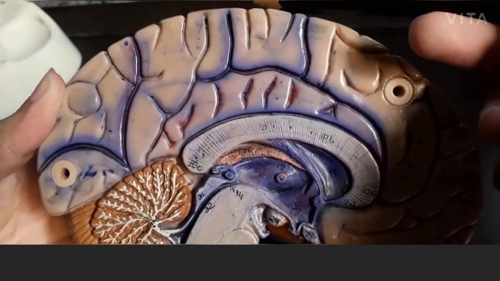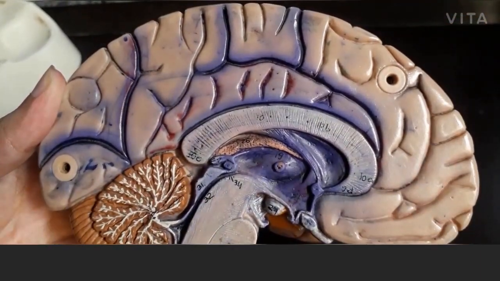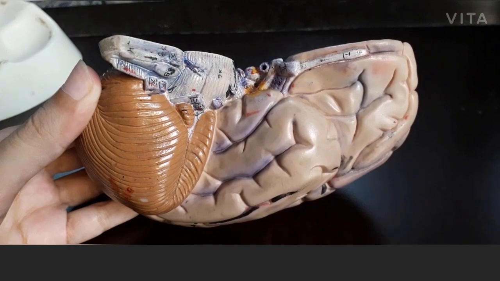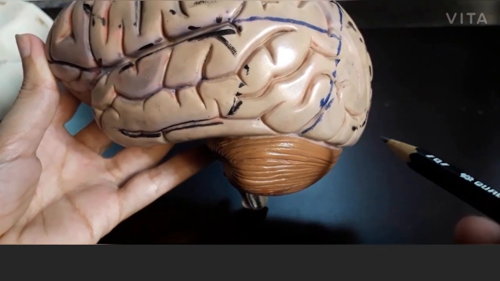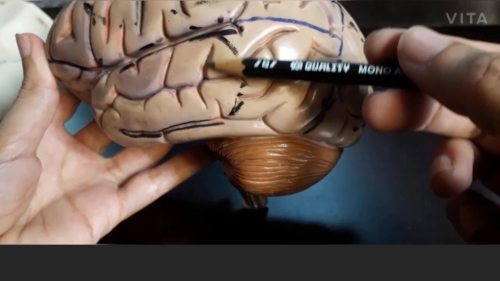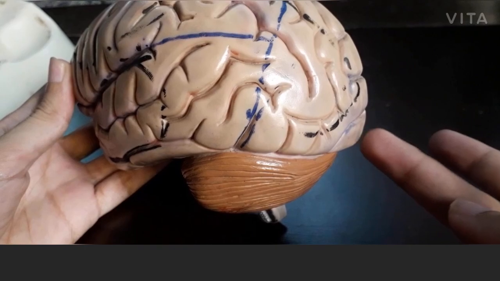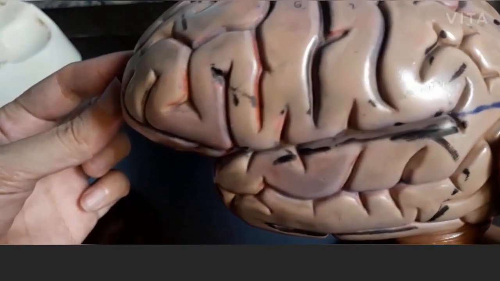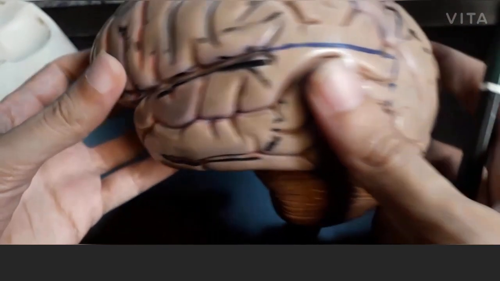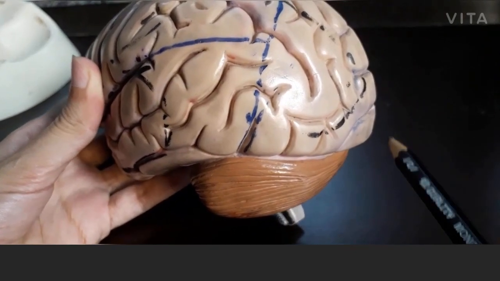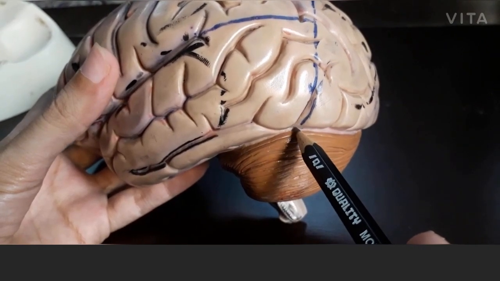The border which separates the superior aspect from the medial surface is the supralateral border, and this is the inferior surface of the cerebral hemisphere, and this border is the infralateral border, which separates the lateral aspect of the cerebral hemisphere from the inferior surface. Now this one is the occipital pole, this is the frontal pole, and this one is the temporal pole. Five centimeters anterior to the occipital pole on the infralateral border, this is the preoccipital notch.